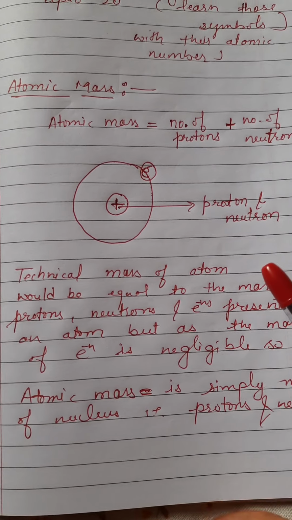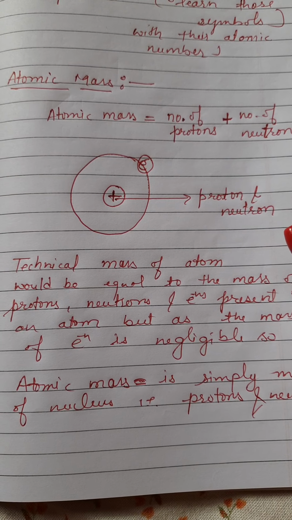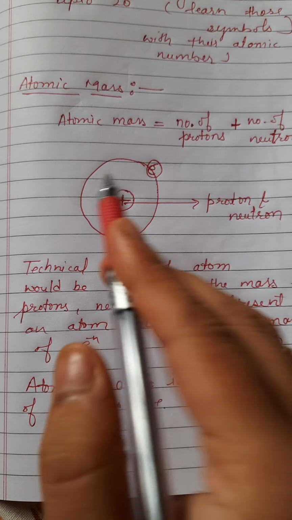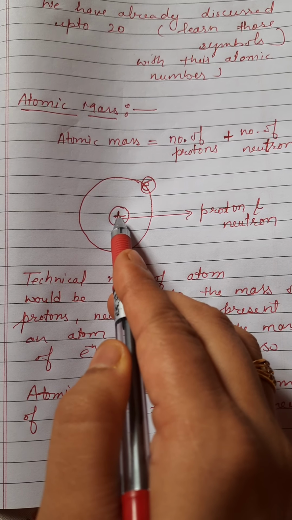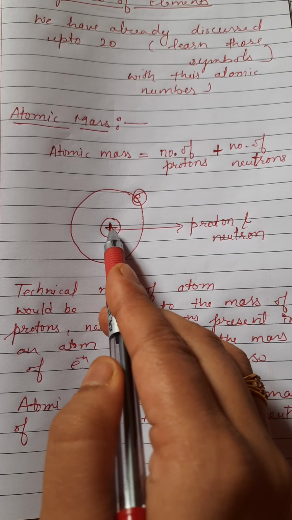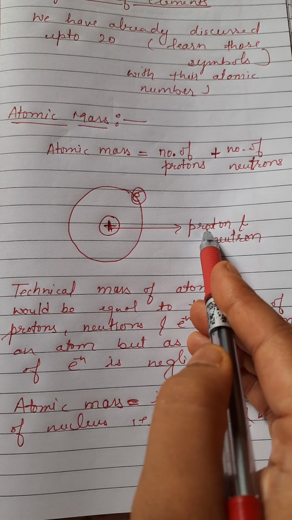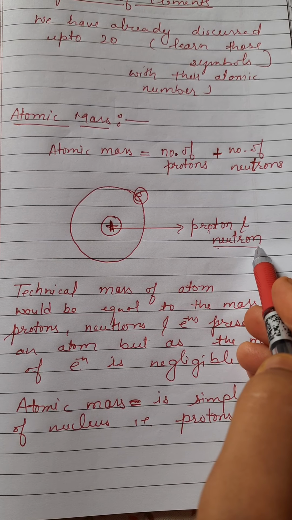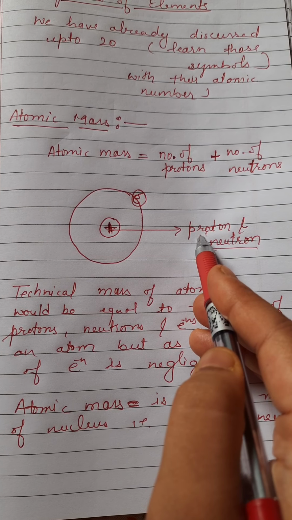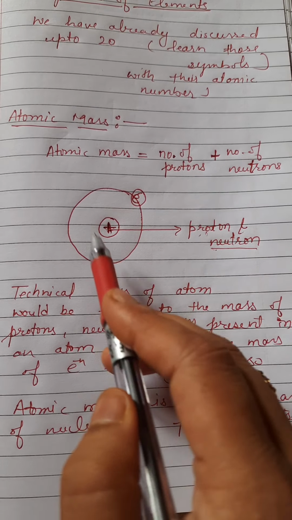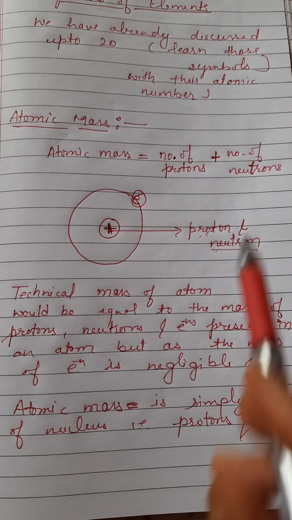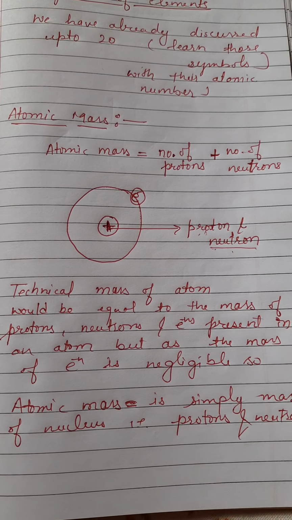Next is atomic mass. What is atomic mass? It means the mass of an atom, and in an atom, okay, this is the nucleus. Why have I written positive here? Because in a nucleus there are protons and neutrons. Neutrons have no charge, they are neutral. Protons have a positive charge. I am repeating again, the nucleus is positive because protons and neutrons are present in it and